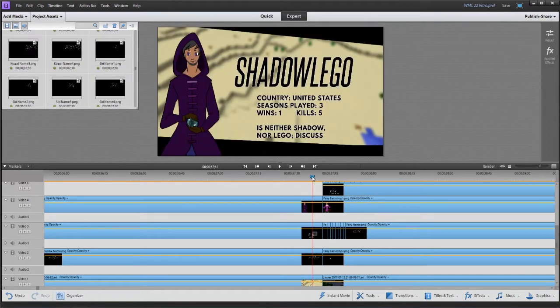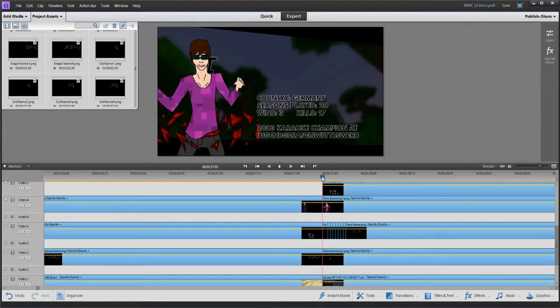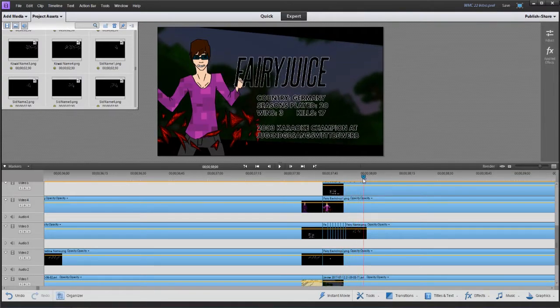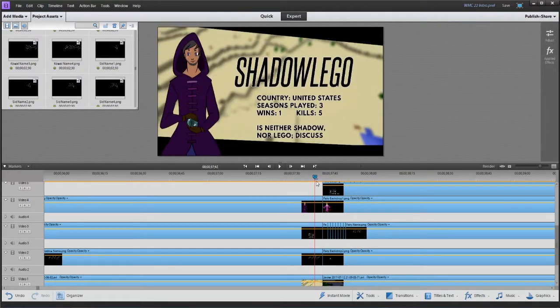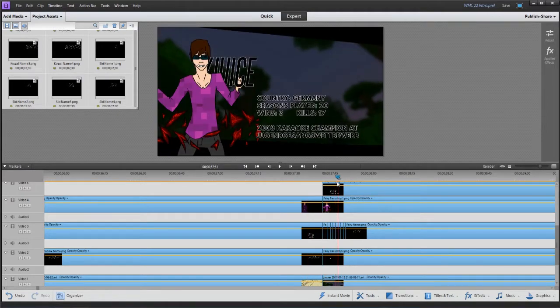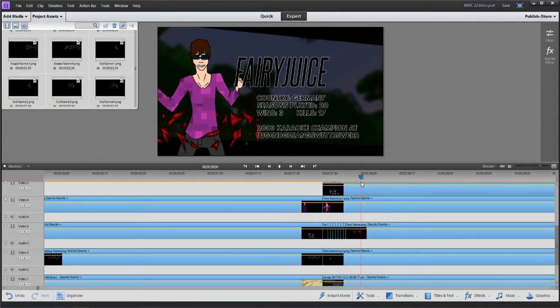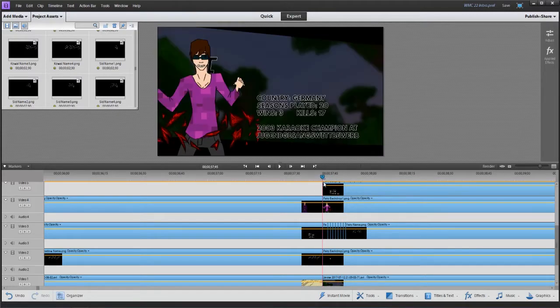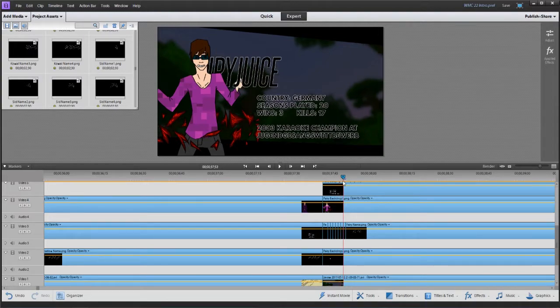But I had the problem that Fairy's art, his left hand, was clipping through his name, and I would have had to move his name entirely or move his art somewhere that would have made him seem either completely off from everyone else, kind of positionally, or his name would have been off, and I wasn't happy with that. So what I did, and you can probably see it here, is I do have his name popping out from behind him, but it actually passes in front of his hand,